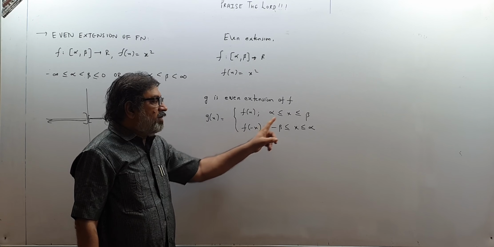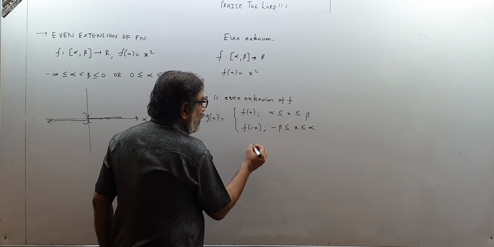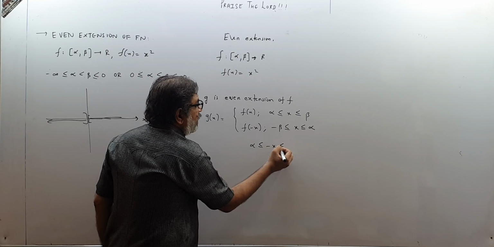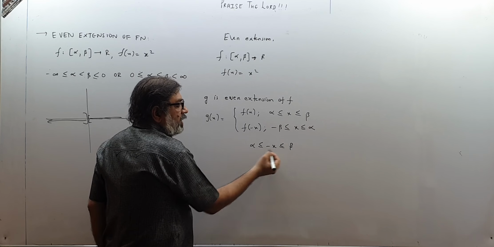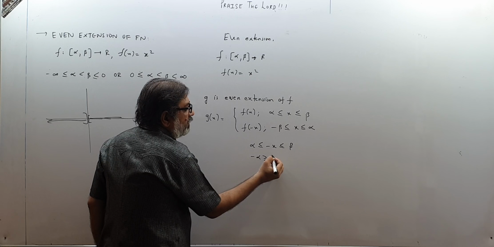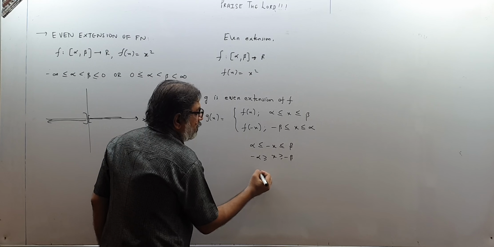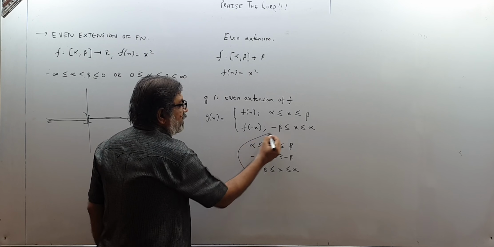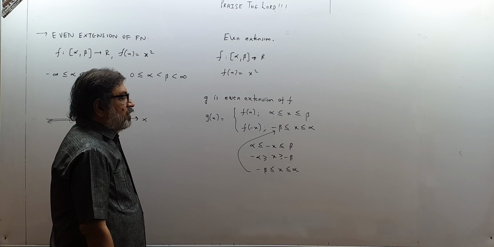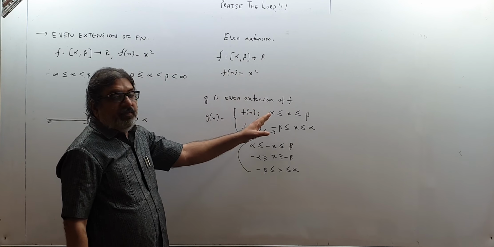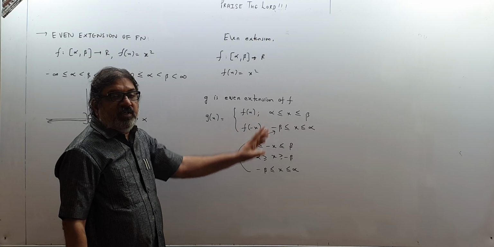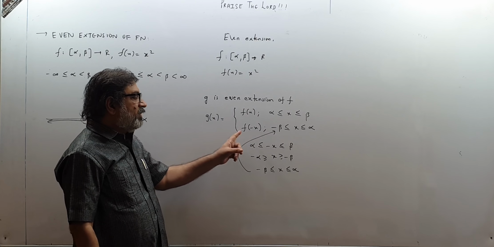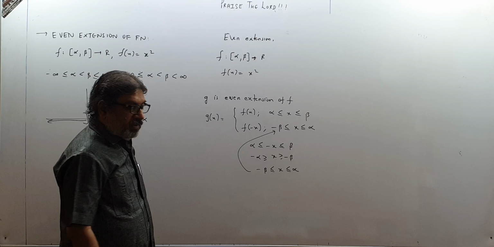So minus x, and here if I put minus x, see what will happen. Alpha less than equal to minus x less than equal to beta. Multiply by minus. So minus alpha less than equal to x less than equal to minus beta. So minus beta less than equal to x less than equal to minus alpha. Like this we get this thing. So once you keep f(x) as it is, and then second time wherever there is x you put minus x. So you will get f of minus x on this interval.